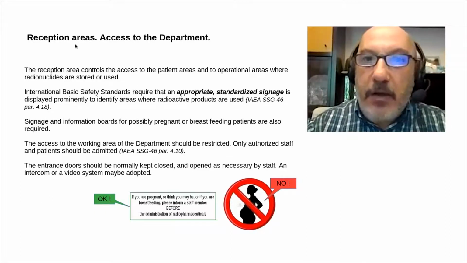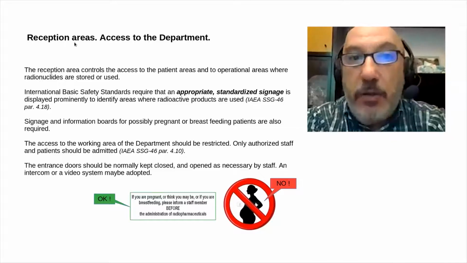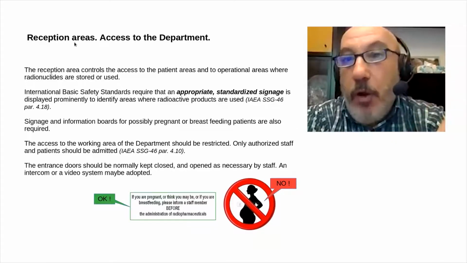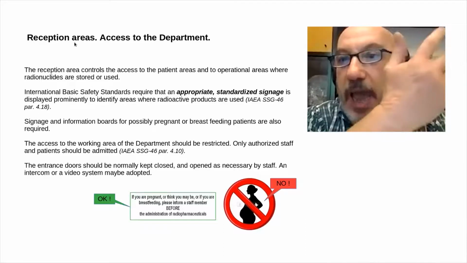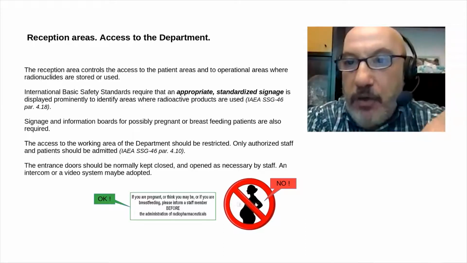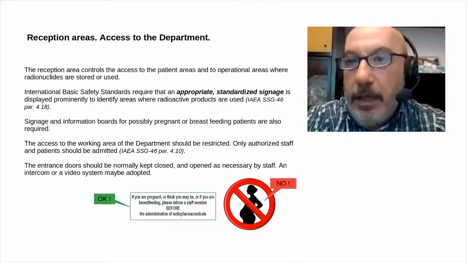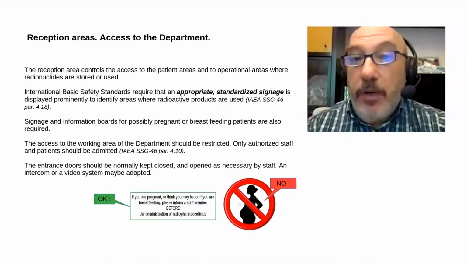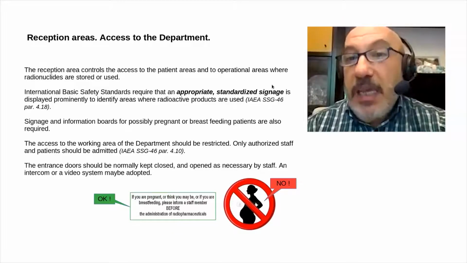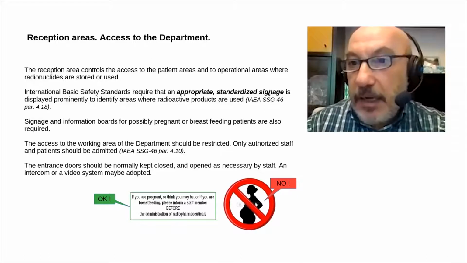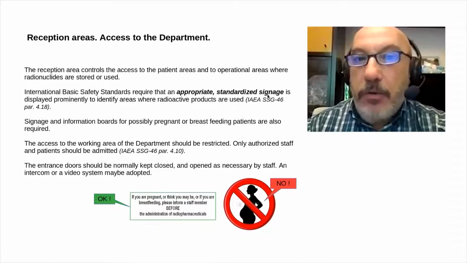The entrance of the patient to the department happens through a reception area, in which we should host the patient initially. And it is also the occasion for giving patient information. There should be leaflets and informative material, and signage is also requested, limiting the entrance to the radiation area when not necessary.